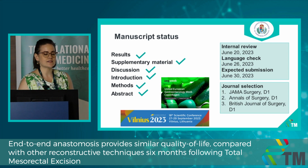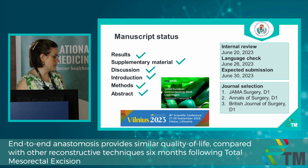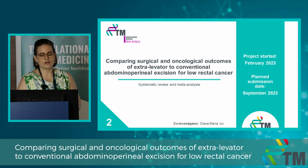So this is the status of my manuscript. We have actually sent out the manuscript today for internal review, and I've also sent my abstract to the UEGW and the ASCP conferences. Let's talk a few words about my second project, which is comparing surgical and oncological outcomes of